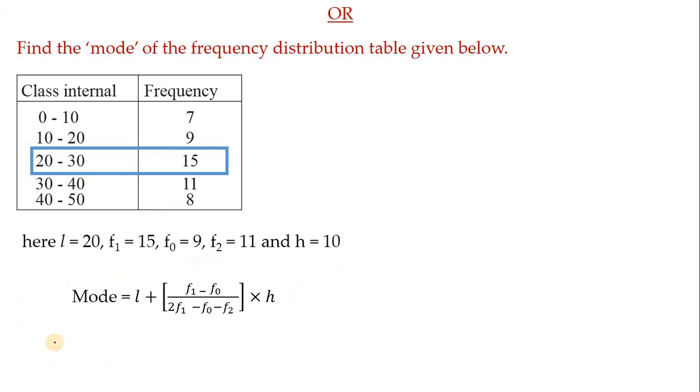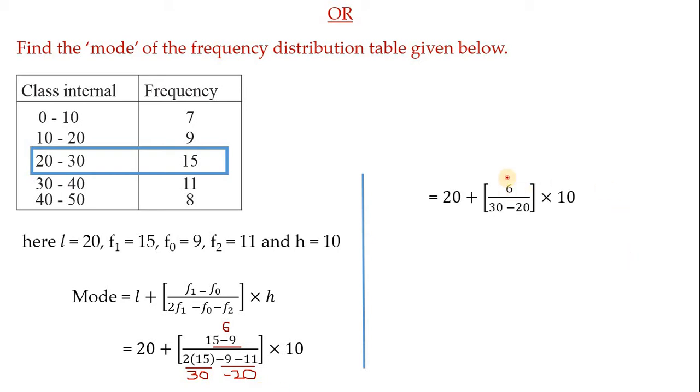Now we get this. Now let us simplify this one, children. Here 15 minus 9 is there. If you subtract, how much will you get? You will get 6. And we'll multiply the 2 by 15, we get 30, and here minus 9 minus 11 we get minus 20. These are the things you have to do for the next step. So look here, we have got 6 here and here we have got 30, that is what we calculated here, and here we have got minus 20, and the remaining things you write as it is.